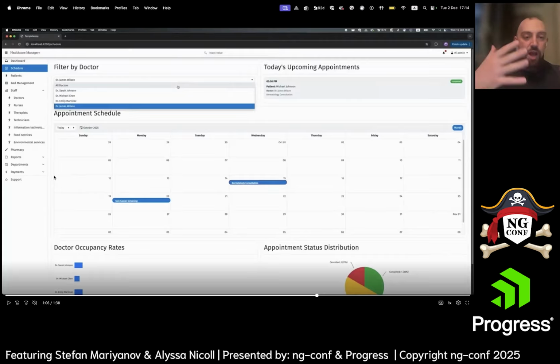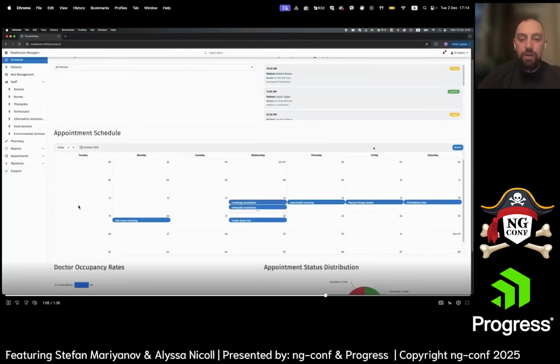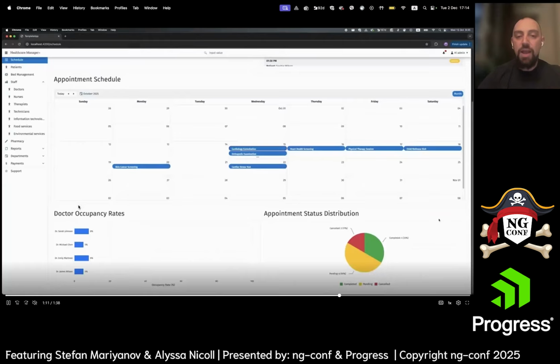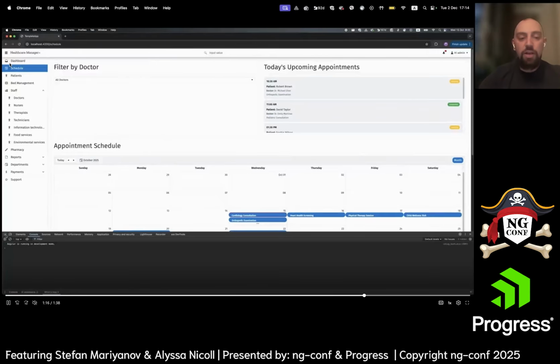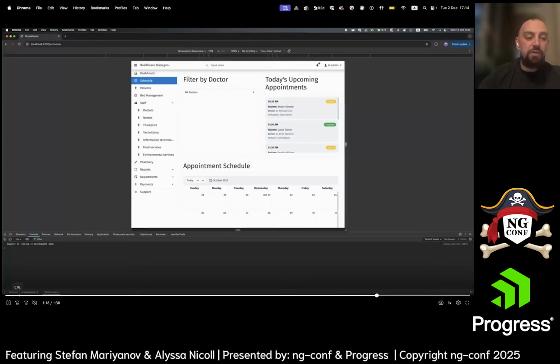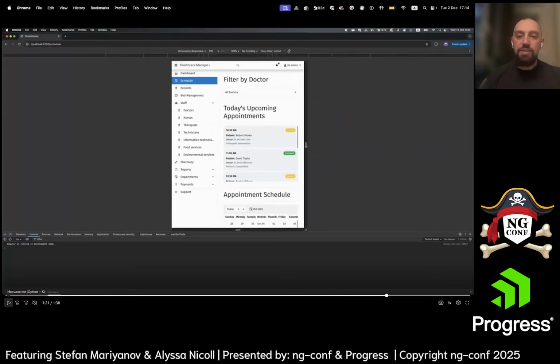And as you can see, the styling of the page is completely matching the styles of the application. So it uses the styles that are already available in the application. It doesn't create just a blank new page with default styling. It knows that this is the primary color for the page, and it also can make it responsive. So in this case, you can see that going on smaller screens, the information shifts and goes underneath. So it knows how to make the page responsive as well,